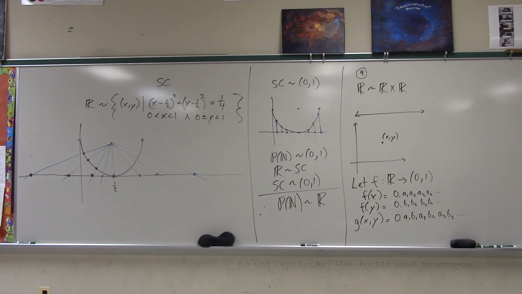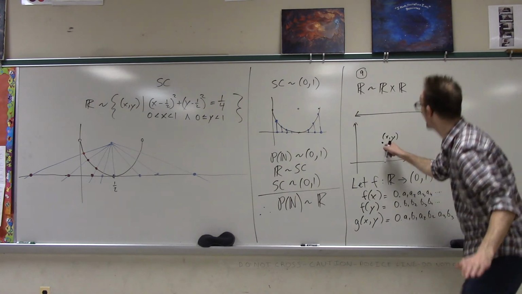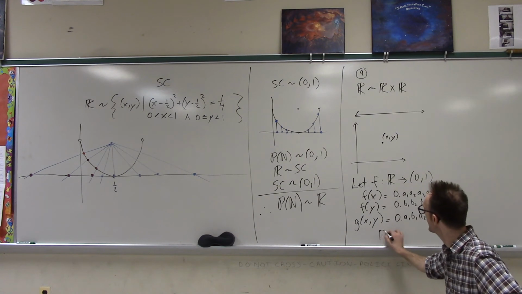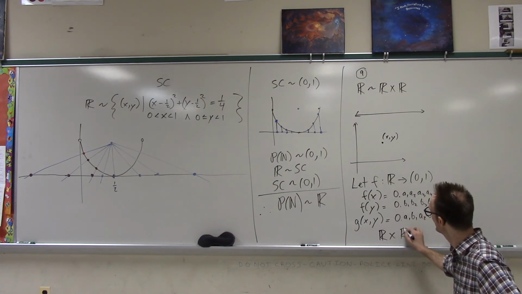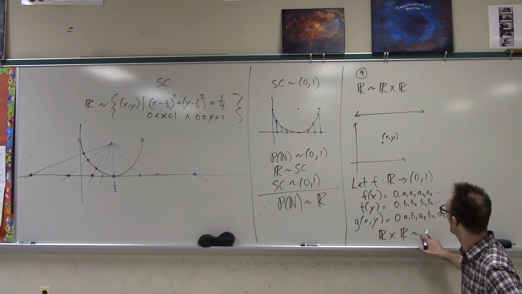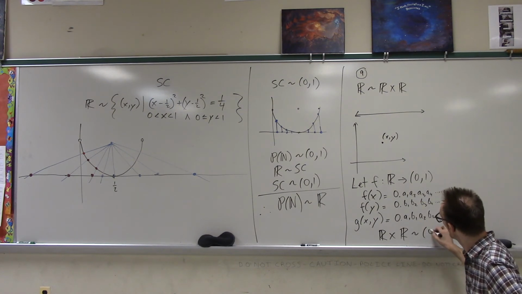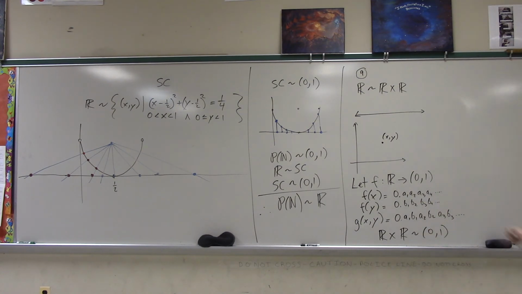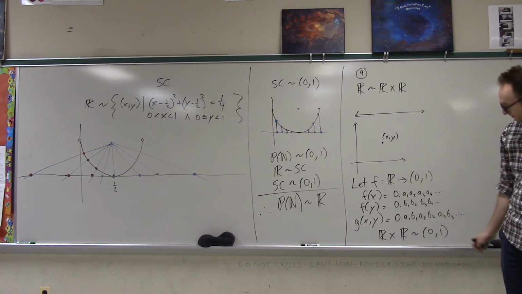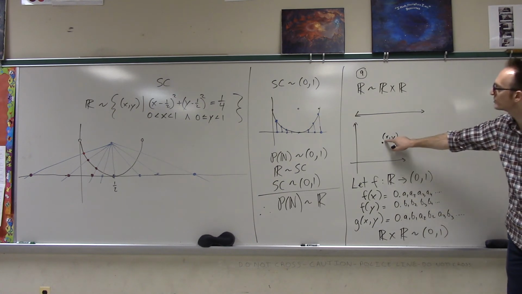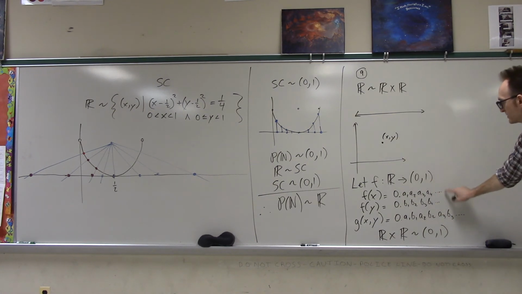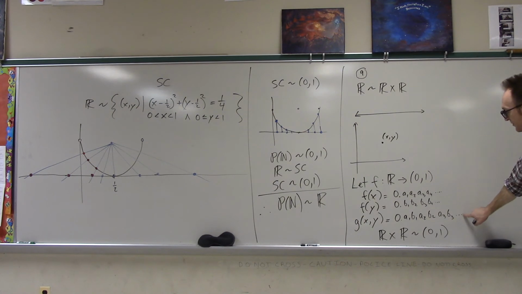And what we have just therefore shown is that R cross R is equinumerous with just the real numbers between 0 and 1. Because we have constructed a mapping in several steps, which takes an ordered pair, converts each member of that ordered pair to a number between 0 and 1, shuffles them together into a single number between 0 and 1,